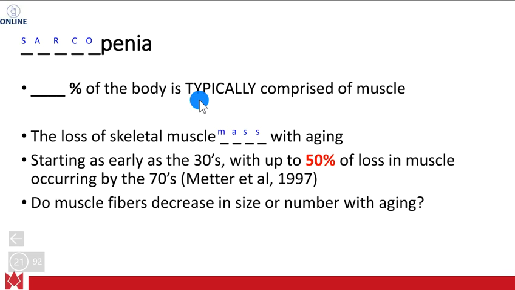which I wouldn't consider muscle. But typically, about 75% of the body is attributed to muscle mass, and as we get older, we significantly lose that. So starting as early as the 30s, and once again depends on lifestyle. This is the SAID principle. Up to 50% of muscle is lost by the 70s, and you can imagine certain